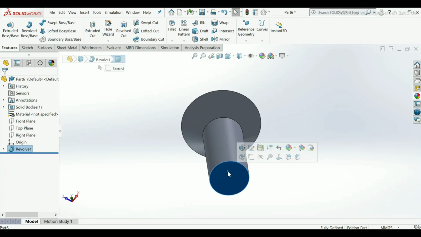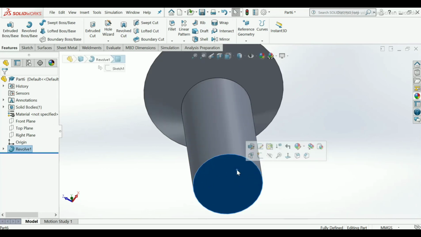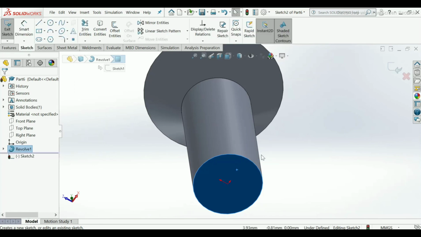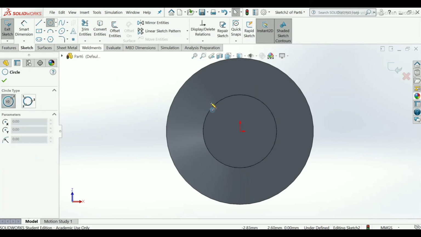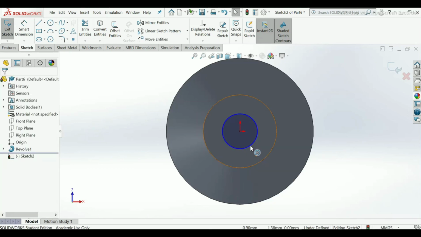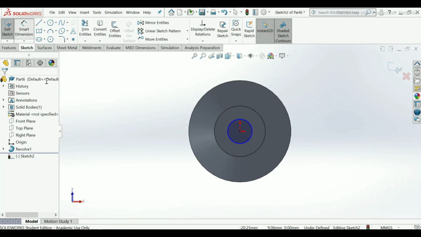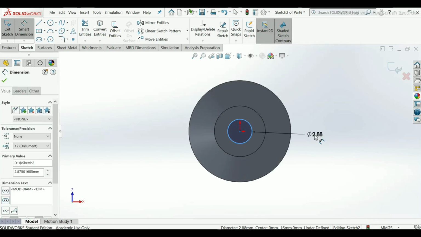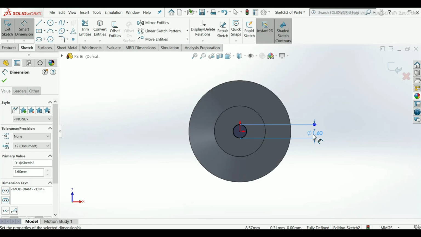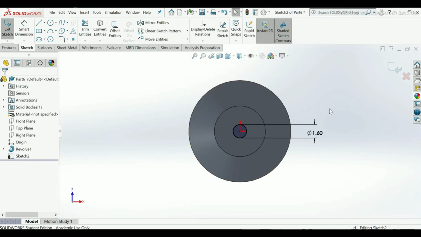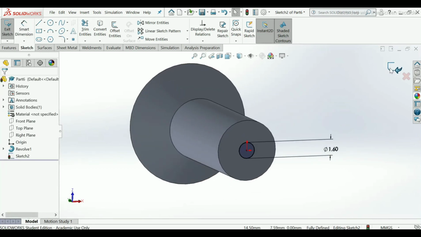Choose this bottom plane, left click on it, sketch, take circle, take a point from origin, apply dimension, make it diameter 1.6 mm. Okay. Exit.